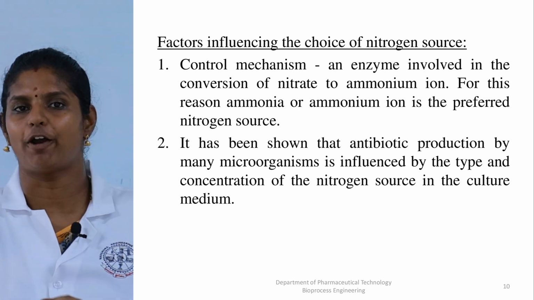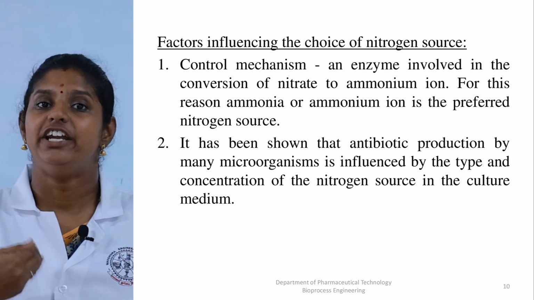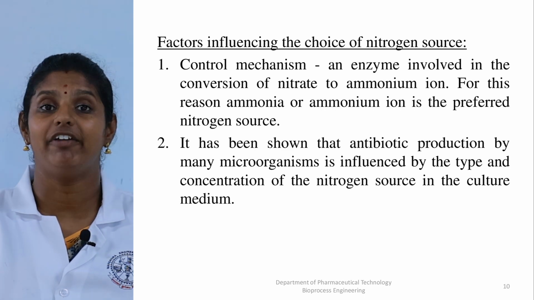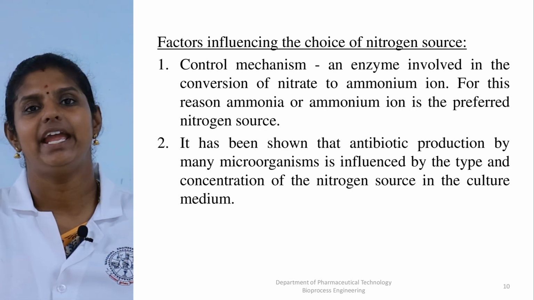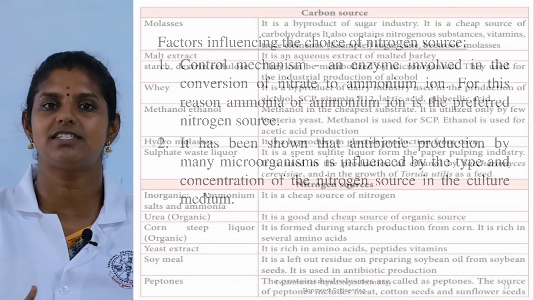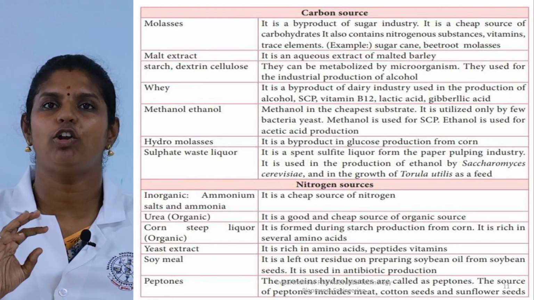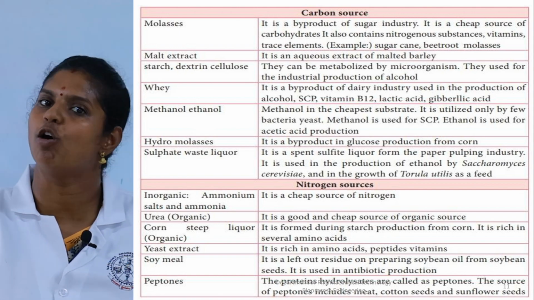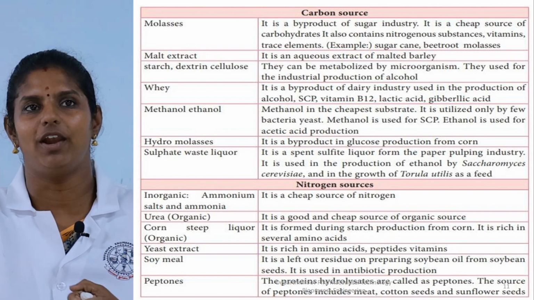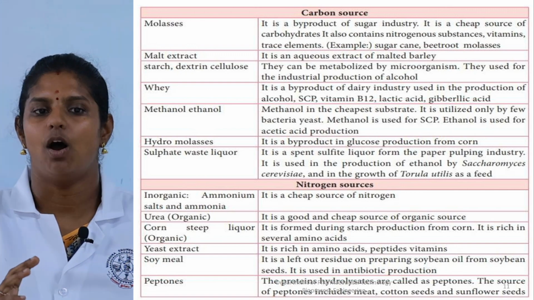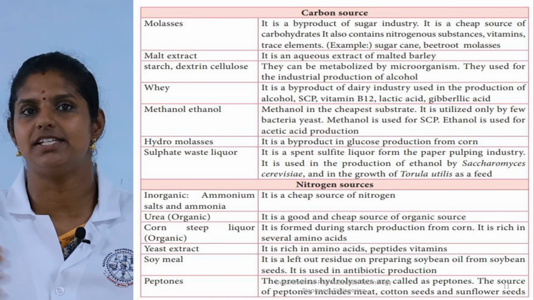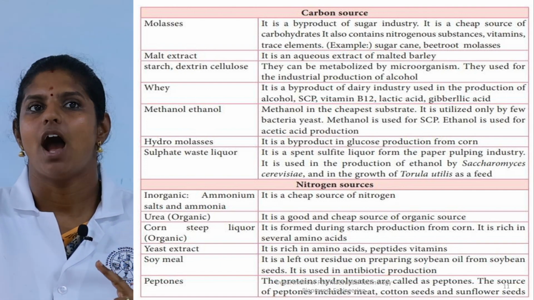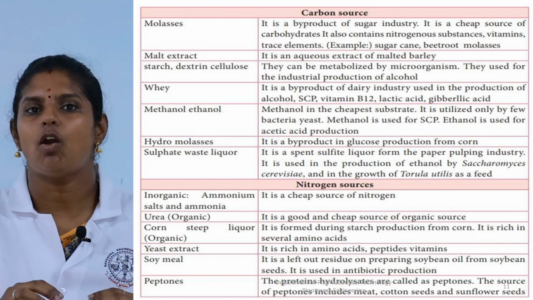media optimization. Now we are going to see the different types of carbon sources and nitrogen sources which are available and already being used in the industrial fermentation process. The first, cheap and a byproduct of the sugar industries, mostly having most of the trace elements also present in the source, is molasses, followed by molasses, whey from the byproducts of the dairy, which is used in large quantity, and others are malt extract, hydromolasses, and sulfate waste liquor as sole sources of